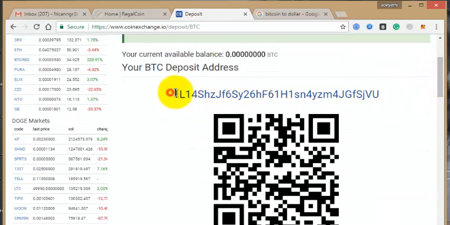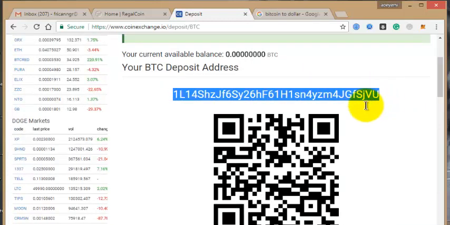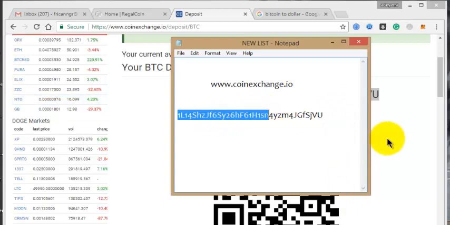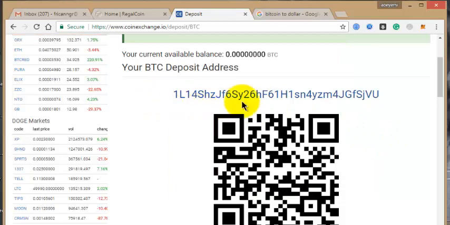Once you generate the new address, copy the address and go to your wallet, blockchain wallet. You generate your own, you are not using this one. This is my own. Once you click on generate, they give you your own wallet address. Once you copy your wallet address, you log into your blockchain account, then transfer the amount that you want to invest to the address that Coin Exchange is going to give you. I think you understand what I just explained to you, right?